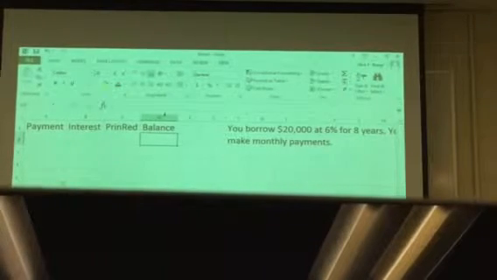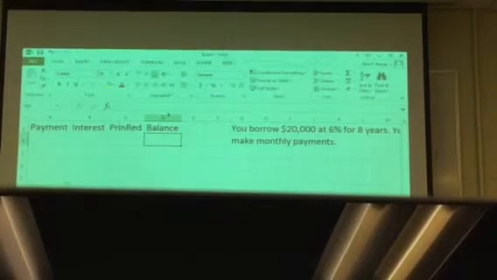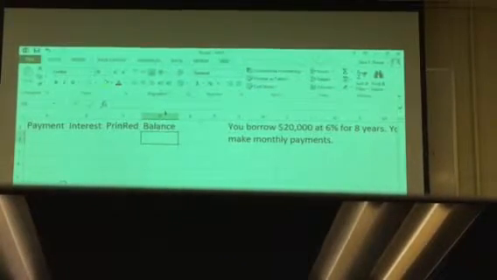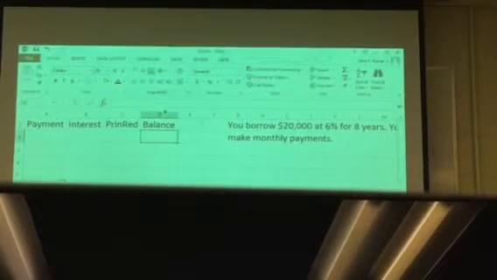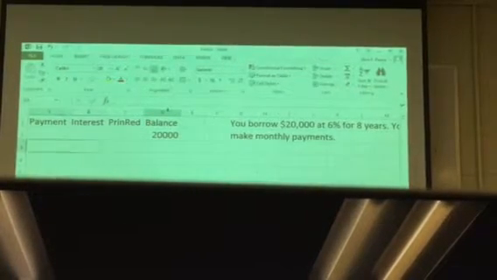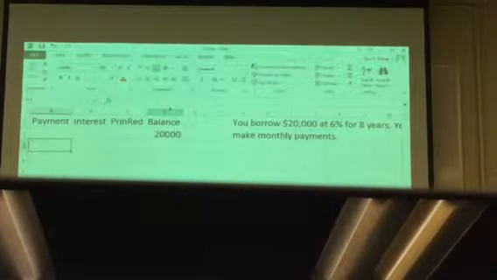Remember that the amount you borrow is the beginning balance, and it goes on a row all by itself. If you try to put formulas next to it, those formulas will not work. So on the second row, I'm going to come over under the payment, and using the payment function,